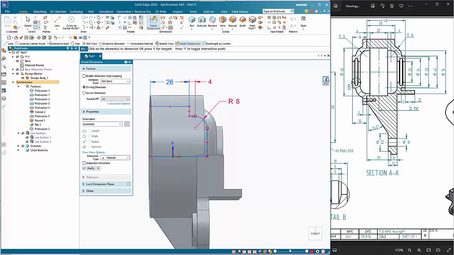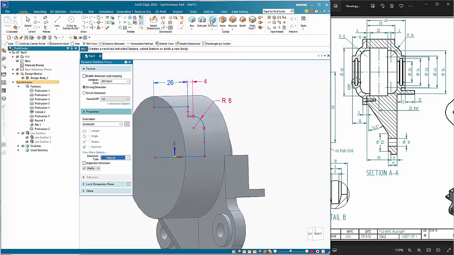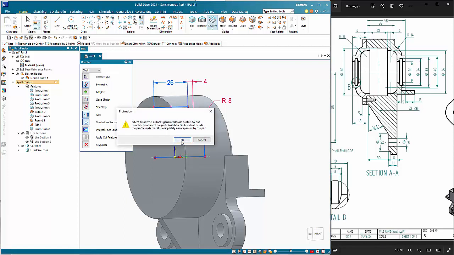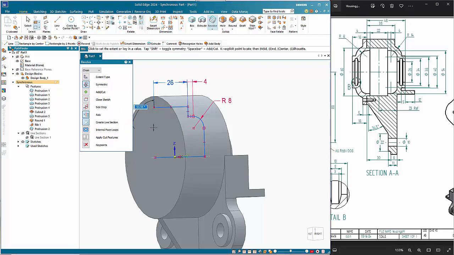So like we did before, let's unlock the plane here and we can go revolve, choose chain to pick the lines we've just drawn, move the steering wheel. This time we want to go 360 and create a cutout, open profile, so it's asking which side of the profile you want to come through, and